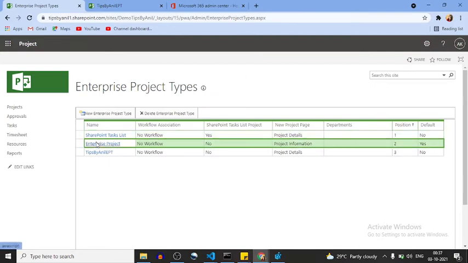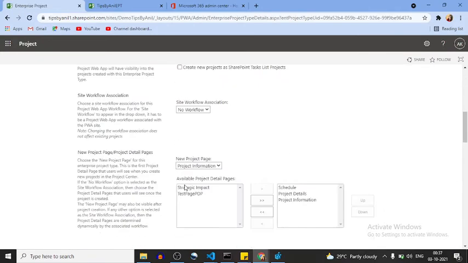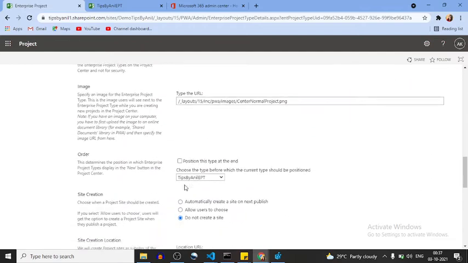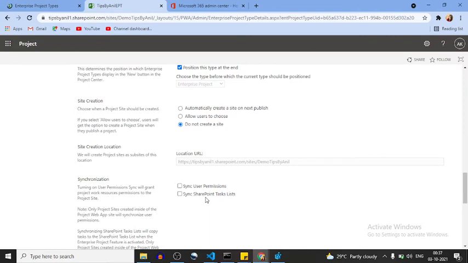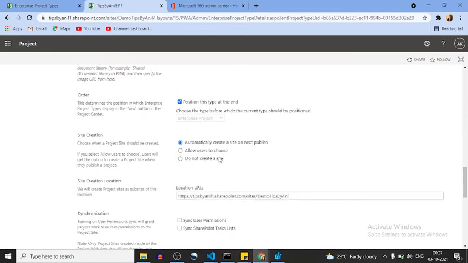Okay, so I think we have created our project with enterprise project, and in the enterprise project we have do not create a site. Okay, now what I will do, I want to create an automatic site, create a site on next publish. What it will do, it will create a site something like this.